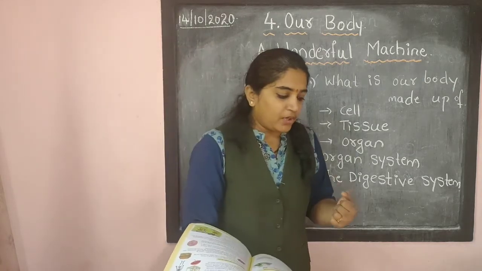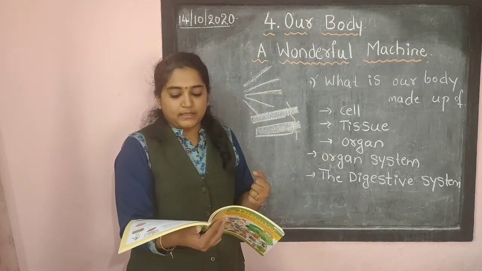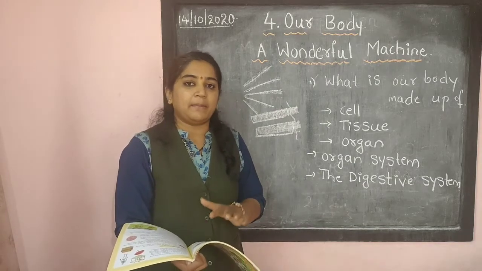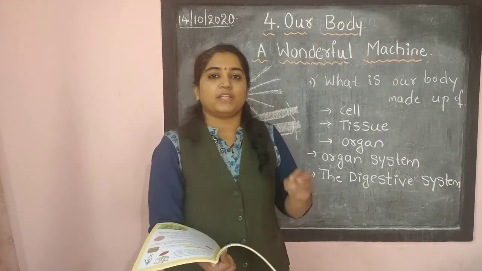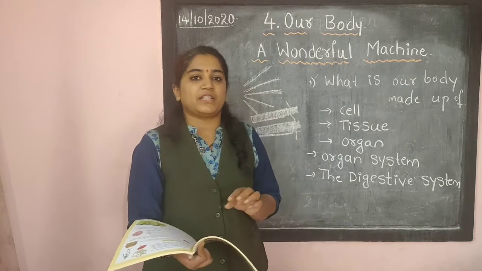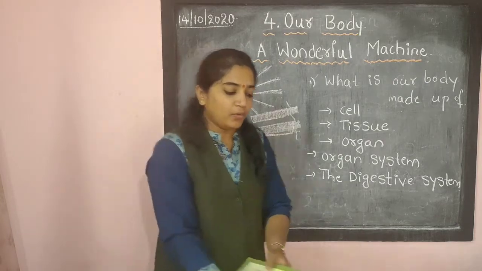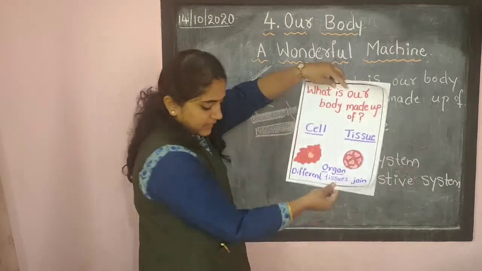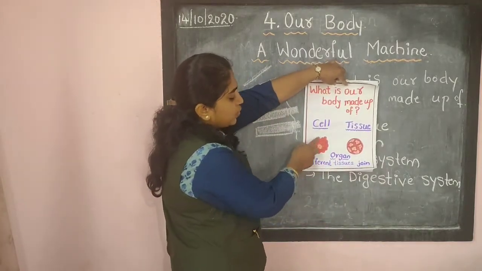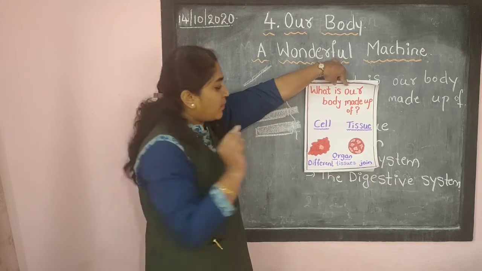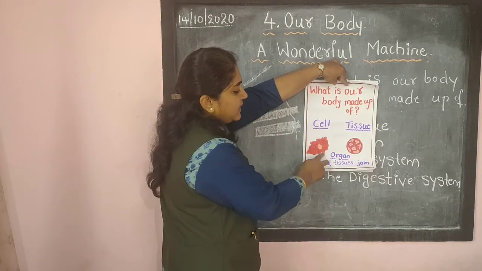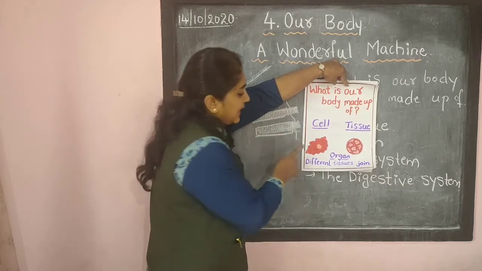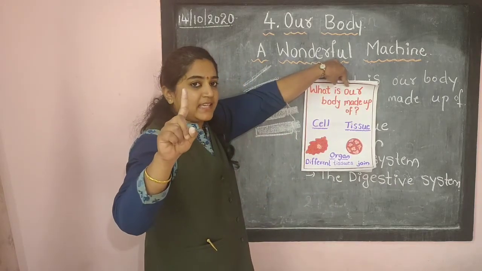So in our body, like all living things, an animal or a plant or a human being, all are constructed with cells. How does a cell look? Now I will show you how a cell looks. See, in our body thousands of tiny cells construct the human body. This is called a cell. Here I have shown you one single cell.